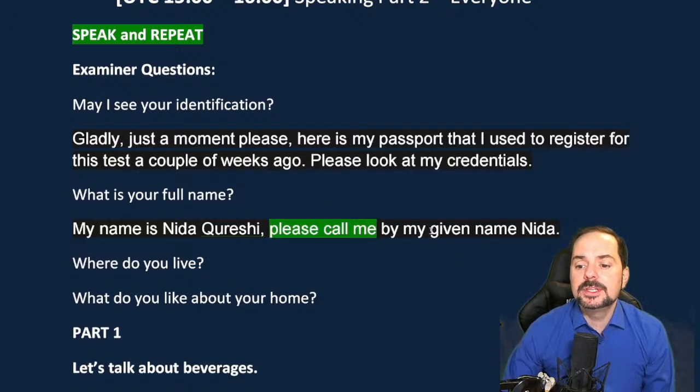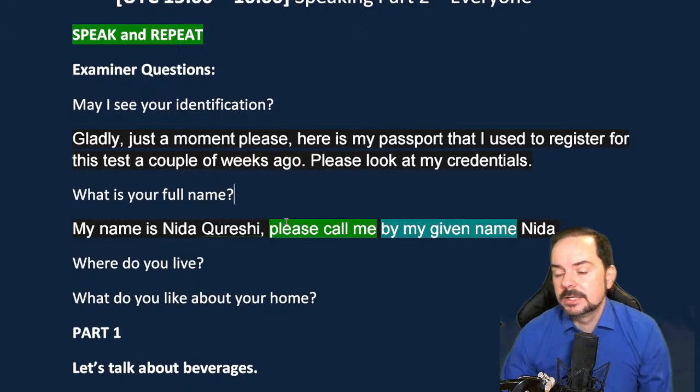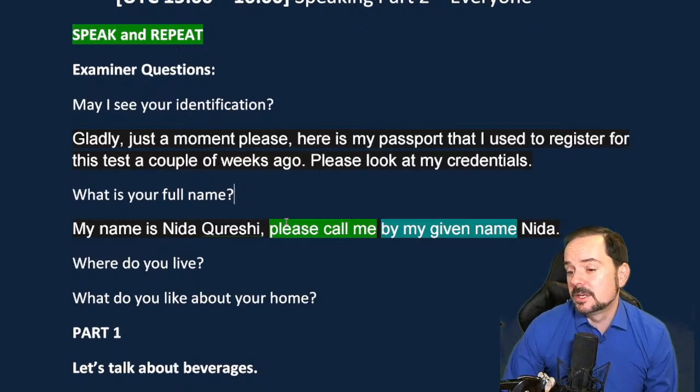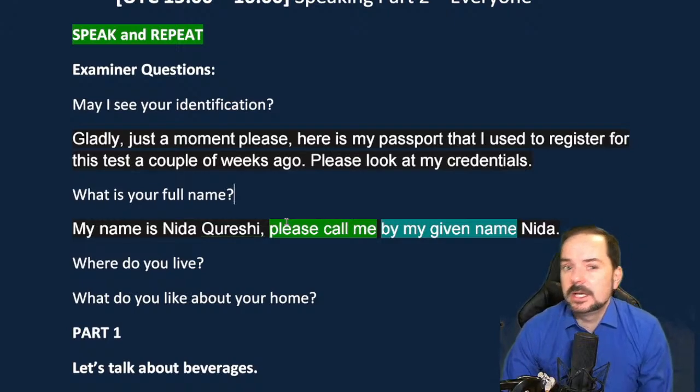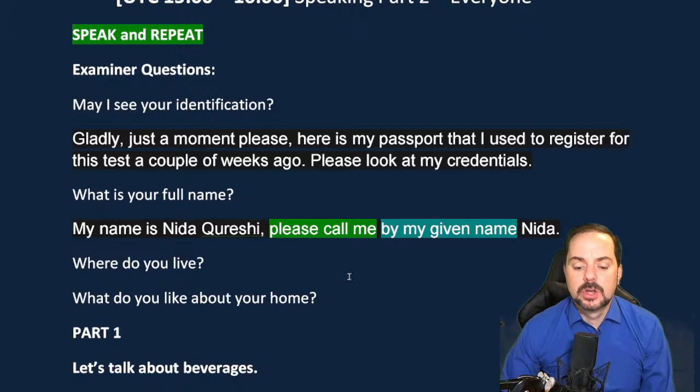And also when you say by my given name, you're letting the examiner know that that's your actual given name. So that's what you like to be called, okay? And it's not your family name. They don't have to kind of guess it, or they don't have to think, okay, is this going to be Miss Nida or Mrs. Nida, or is it just the first name Nida? Okay. So this is a little bit of a better way, okay?